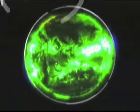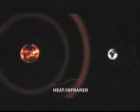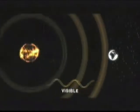SDO has 3 instruments on board, including a set of 4 telescopes with different filters to provide 8 full sun images every 10 seconds, 24 hours a day, 7 days a week. That's a lot of pictures. These instruments help us learn more about the sun's energy, including the heat, or infrared, visible light, or Roy G. Biv,